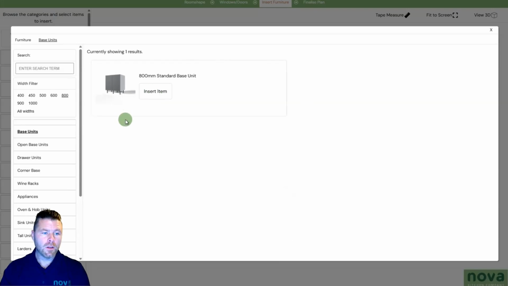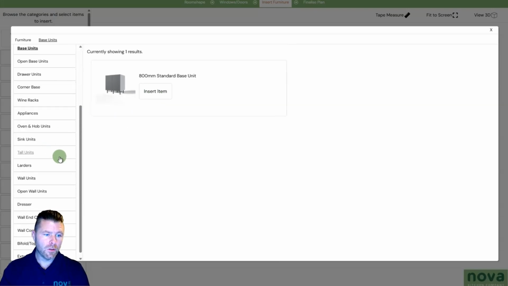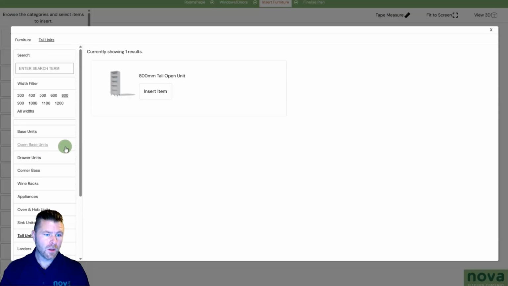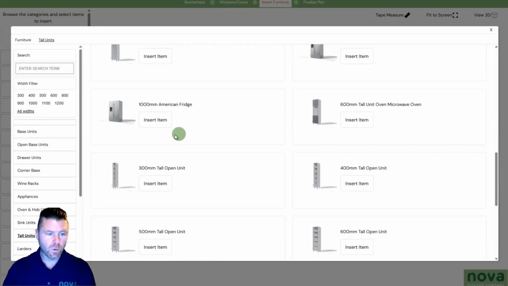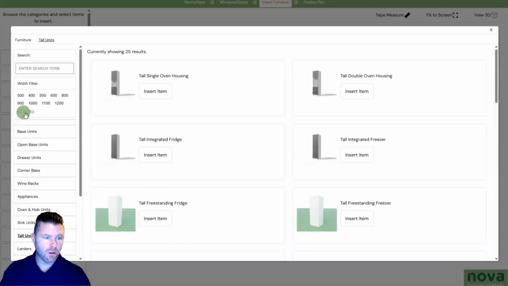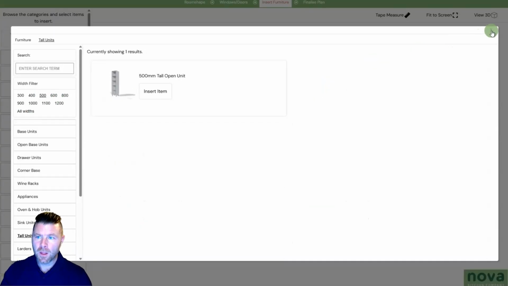available. Do remember though, once you have clicked on 800 and then move on to another cupboard, let's say tall units, it will only show you what you last clicked on, which is the 800. You need to always click on all widths, and doing so brings up all the widths available within that category. Don't forget to click on all widths after you've previously selected a certain width that you're after